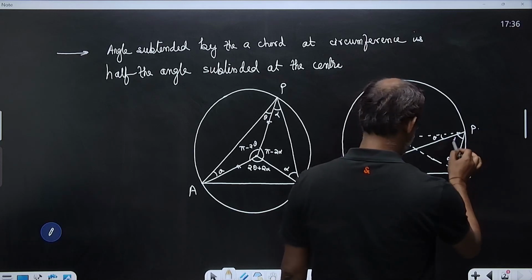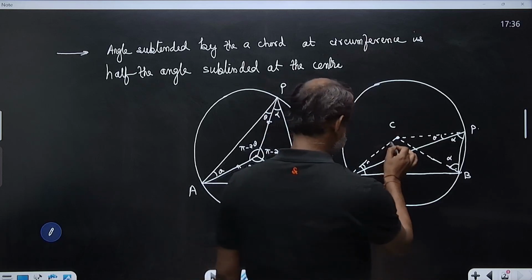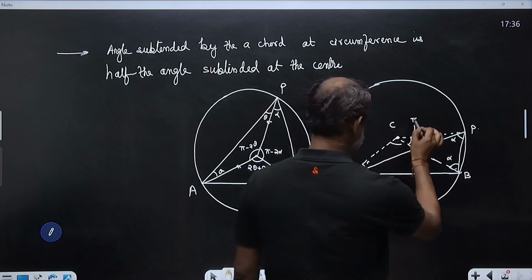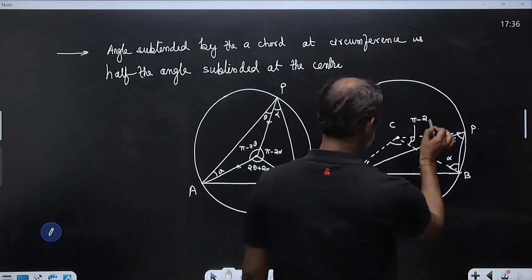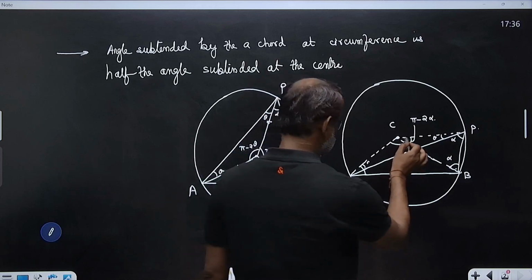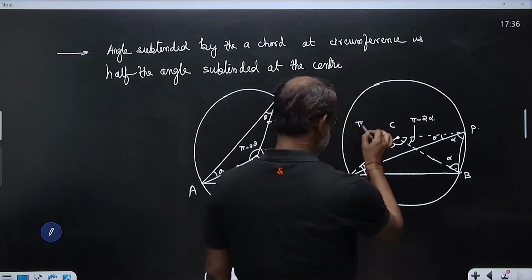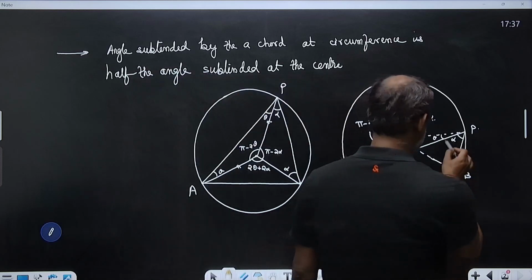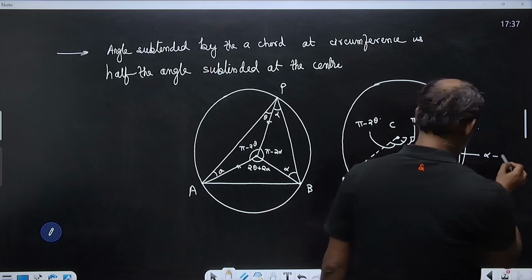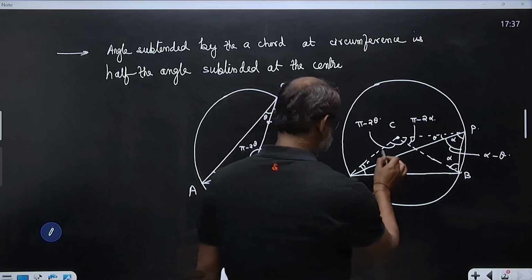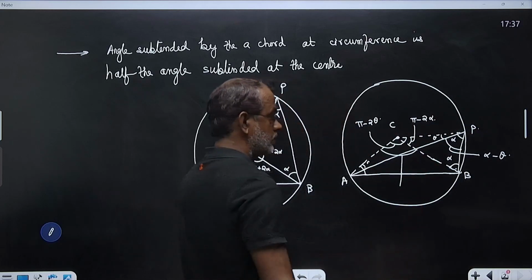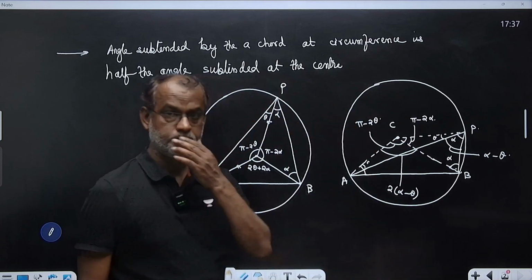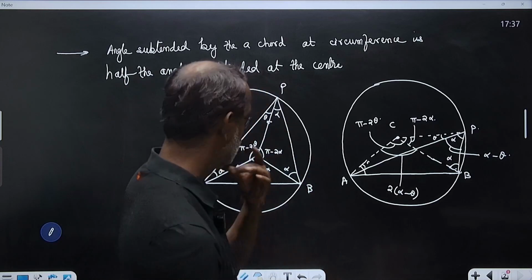what is this angle? Pi minus 2 alpha. This angle was pi minus 2 theta. Now you can very easily see what this angle is. This angle is alpha minus theta. And what is this angle? This minus this is 2 times alpha minus theta. So whatever may be the situation,